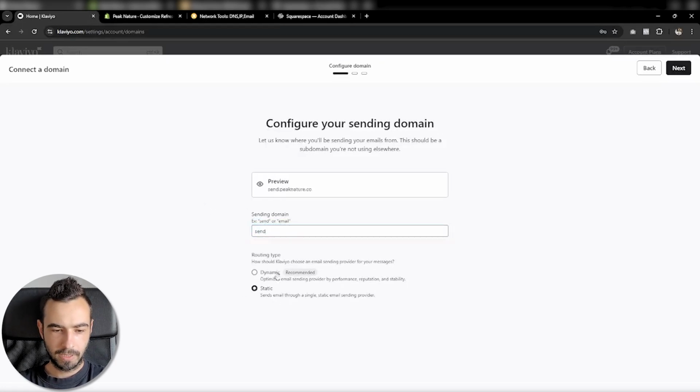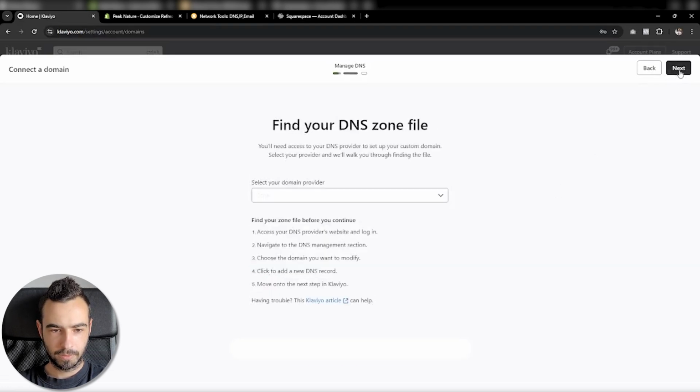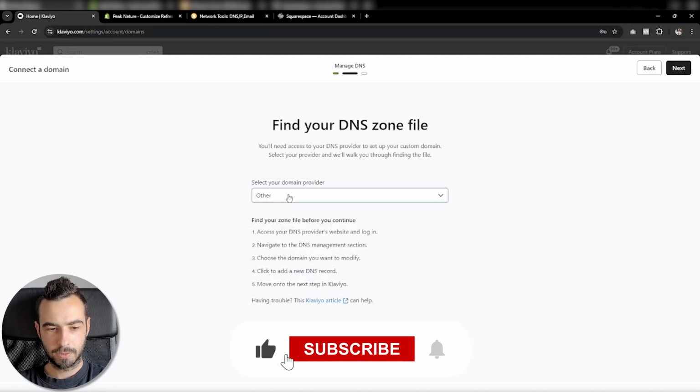Then you can go between dynamic and static. Both of these are honestly fine, but you can go with dynamic. I also like to do both, because back in the day Klaviyo only had static. Right now I believe dynamic is a little bit more optimized, a little bit better. So just go with dynamic, then you're gonna click on next, then you can select your DNS provider, which is